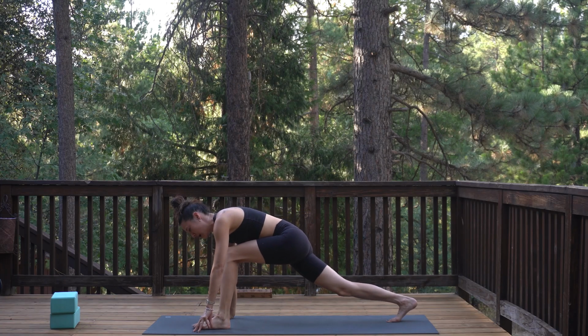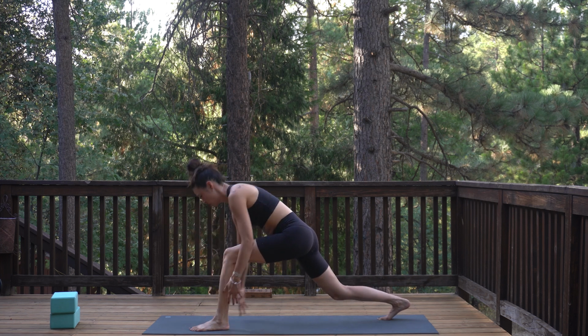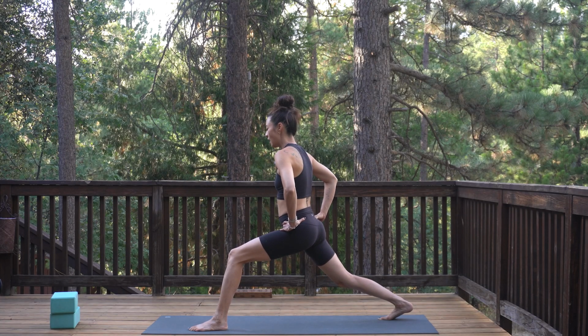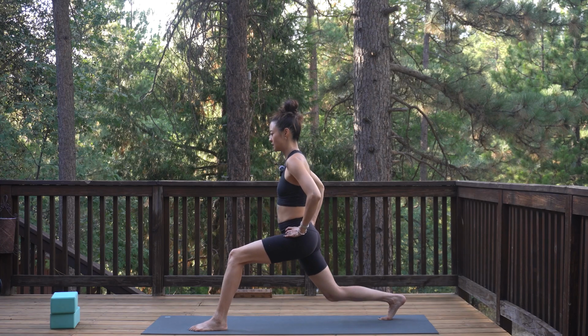You're going to bring that foot again out to the outside, onto the left, and your right foot over towards the right. So it's a little bit easier to find your footing and come on up to your high crescent. Once you have that, again, bring your hands to your hips to get a better idea of how to square everything. So bring your right hip forward, sink down a little bit more,